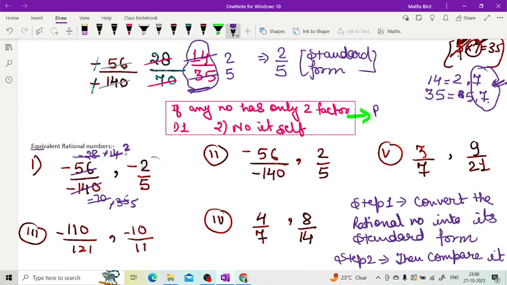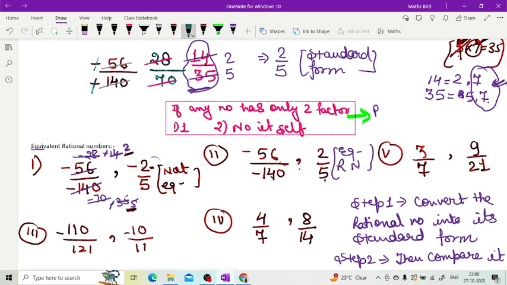Okay. So fine, it is 2 and 5, but here it is minus 2 and minus 5. See, this is negative, minus 2 minus 5. That means this is not an equivalent rational number. Now compare with this one. Minus 56 by 140, when we solve this one, the standard form of minus 56 upon minus 140 is 2 by 5, right? See, positive 2, positive 5. Here positive 2, positive 5. That means we can say this is an equivalent rational number.